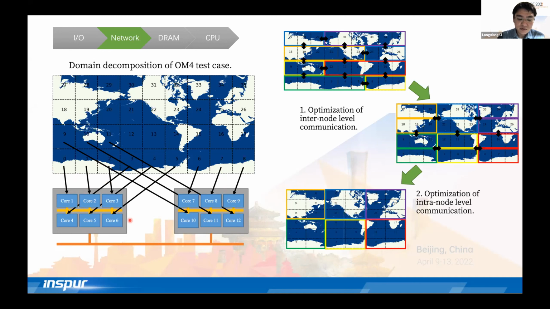By default, the subdomains of the processes are bound in the default order. In the computation, there will be a lot of communication between the adjacent regions, as we show in the black. However, due to the difference between the hardware topology and the subdomain decomposition, this communication may occur between computer nodes, resulting in exhausted network bandwidth and becoming the main bottleneck during